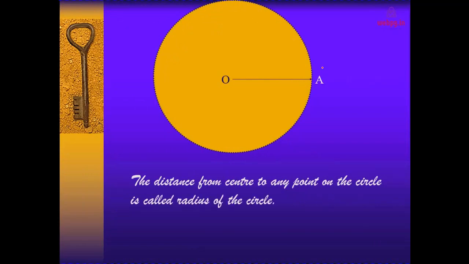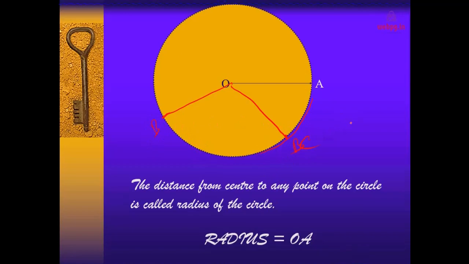Now the center of the circle is O, and here is the circle again. This is the radius OA, and the distance from the center to any point on the circle is called the radius. The distance from the center to any point on the circle, right? We can consider any point around it, and take the distance from the center, anywhere, and it will be the radius. The radius can be OA or OB, or AC, whatever name you give it.